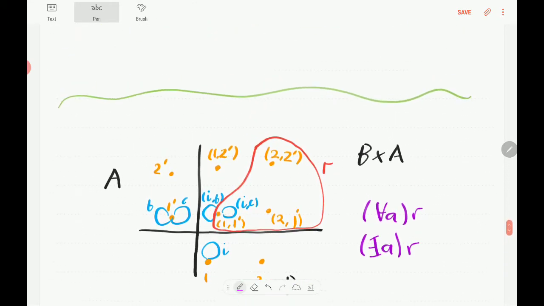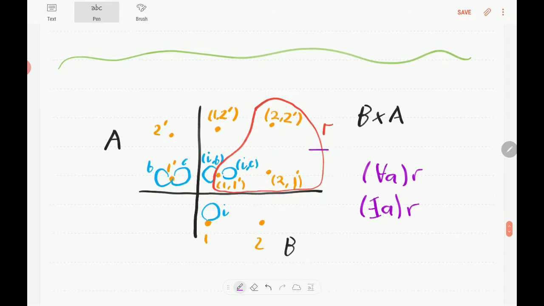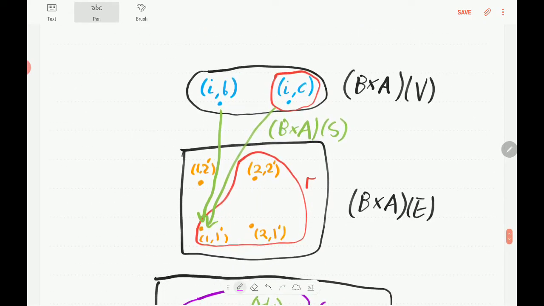Well, firstly, let's visualize this in another way. Because you see with this R here, we're essentially selecting some of the loops and some of the vertices of this product, B times A. So another way we can draw this product is like this. So this is the kind of view of it as a function. So it's this function that sends the vertex set of B times A to the loop set of B times A. And you see with this red stuff R, we're kind of selecting a subset of the,